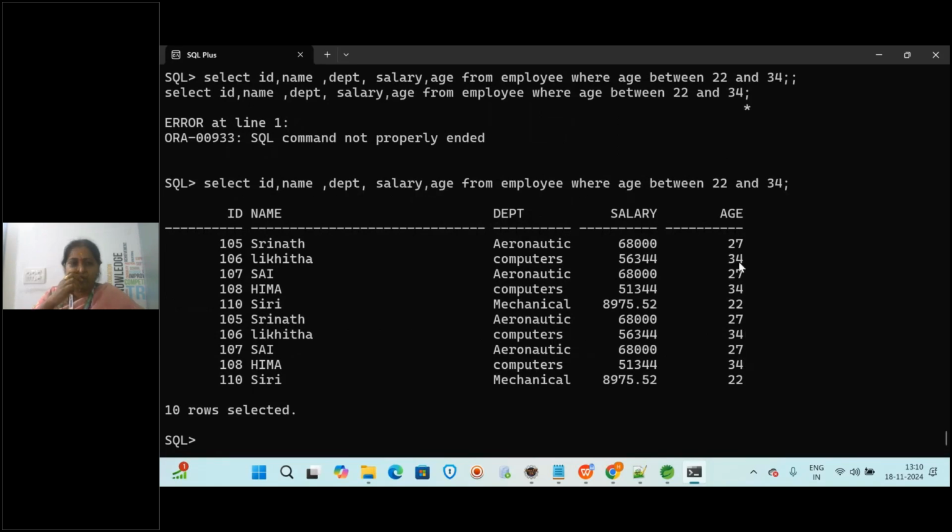Okay, not only on salary, but on names we cannot use BETWEEN. It cannot be like in a range. Name will be a combination of characters, there is no starting and ending character. So we will be using it on numerical data. If you want, on id also you can use it. Select where id between,